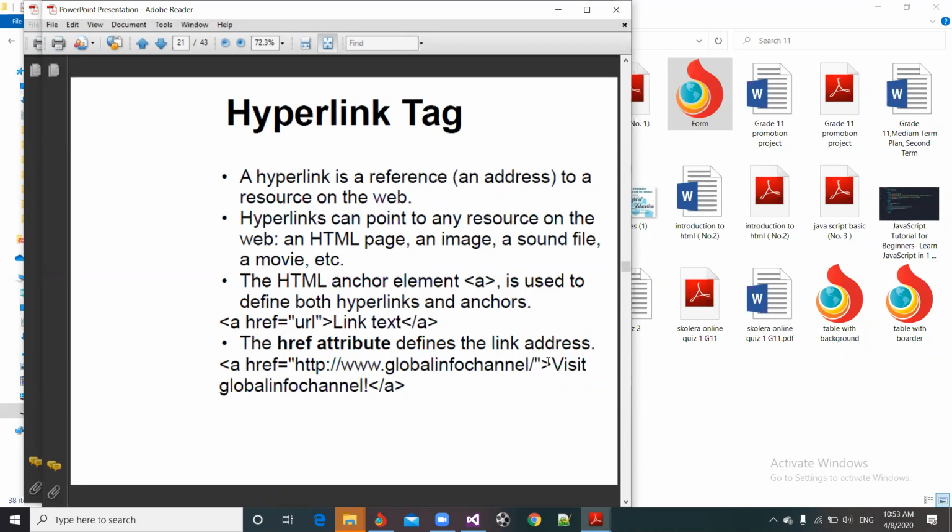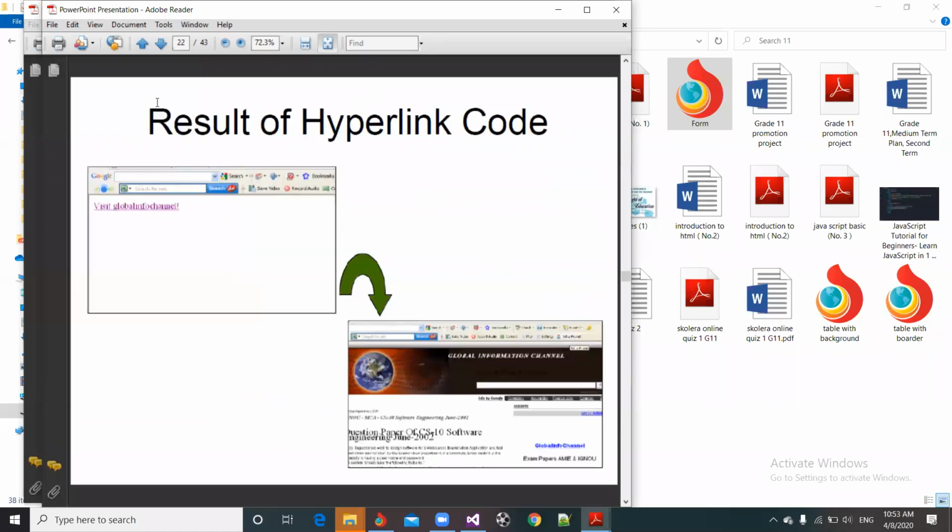Then I will close this bracket and put the name, the word I want to appear for the user, and when he presses on this word, it will display the website. And this is, for example,